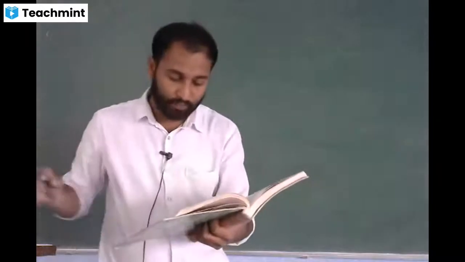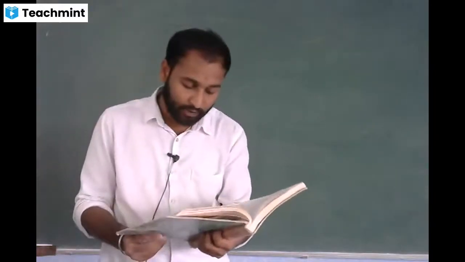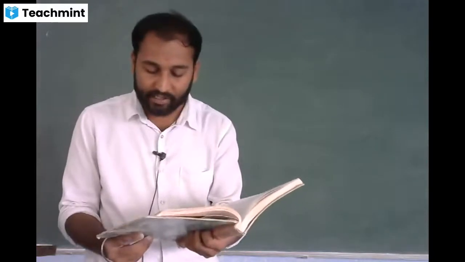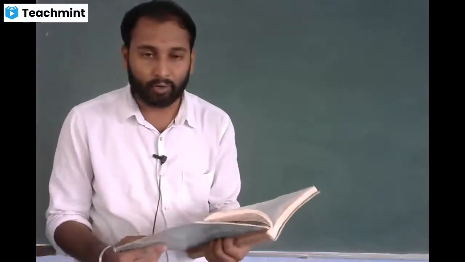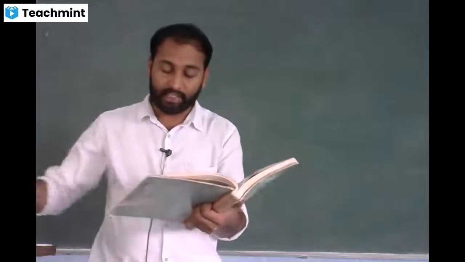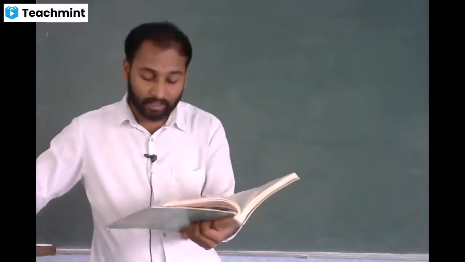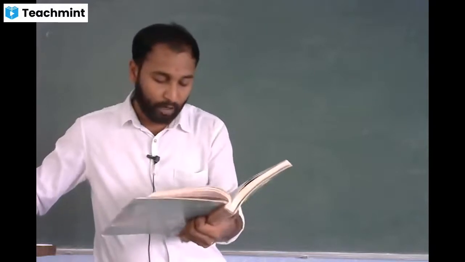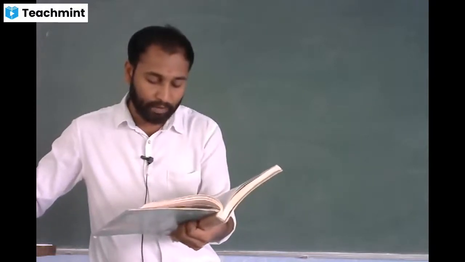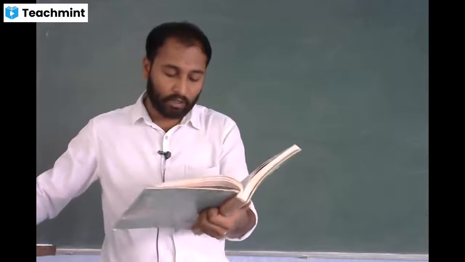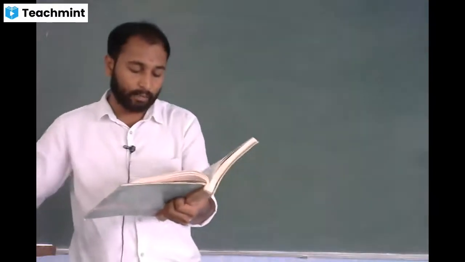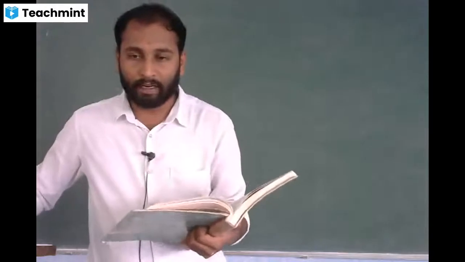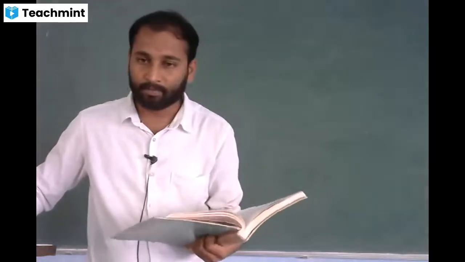Okay. First question. Listen to the question carefully. The human eye can focus objects at different distances by adjusting the focal length of the eye lens. This is due to option A, presbyopia, option B, accommodation, option C, nearsightedness, option D, farsightedness. Shravya JP, what is the answer for this?